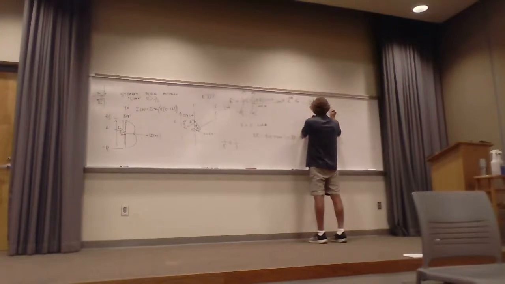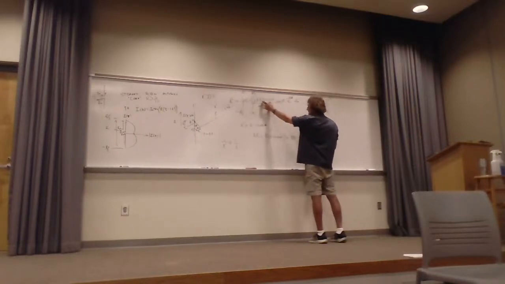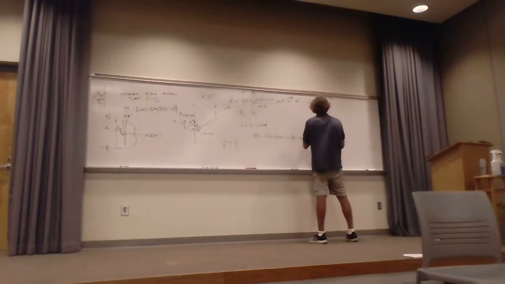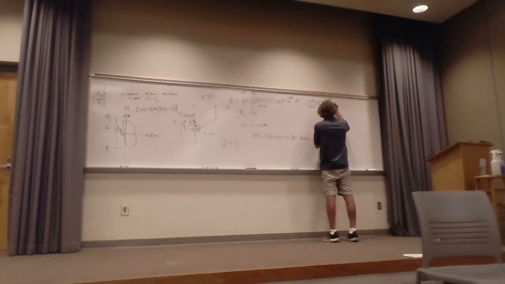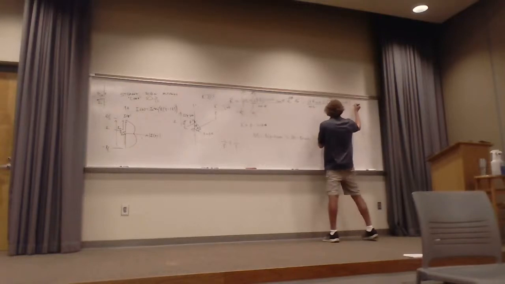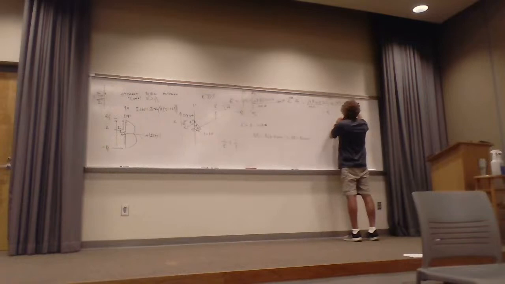I have the integral from minus L over 2 to L over 2 of this. The I of Z, I took the I naught out, but there's the sine of quantity beta times L over 2 minus the magnitude of Z, right there, times e to the minus j